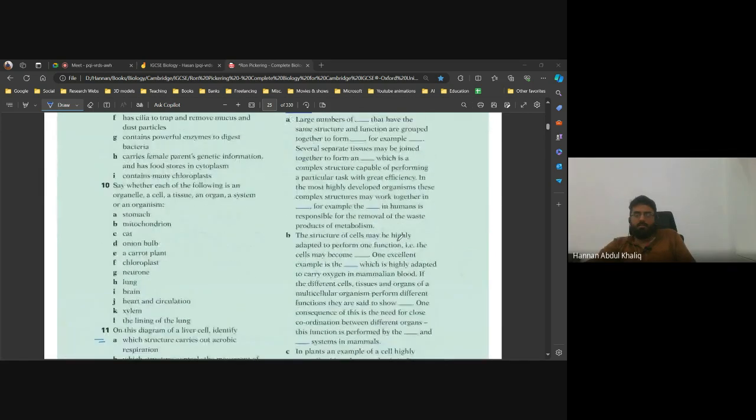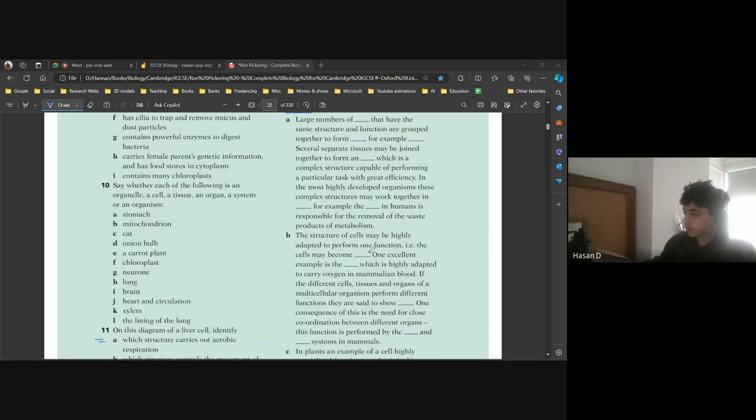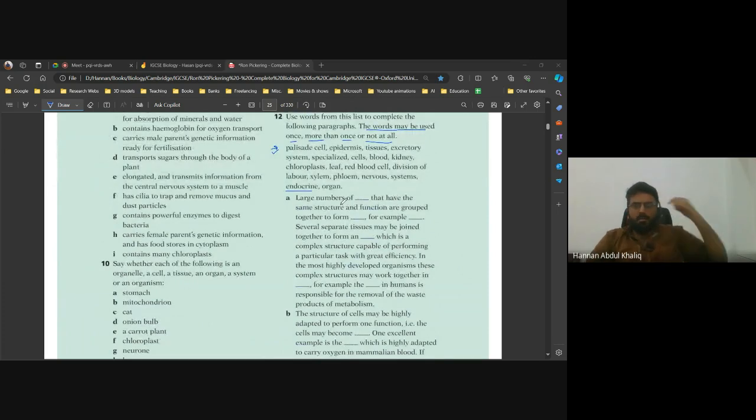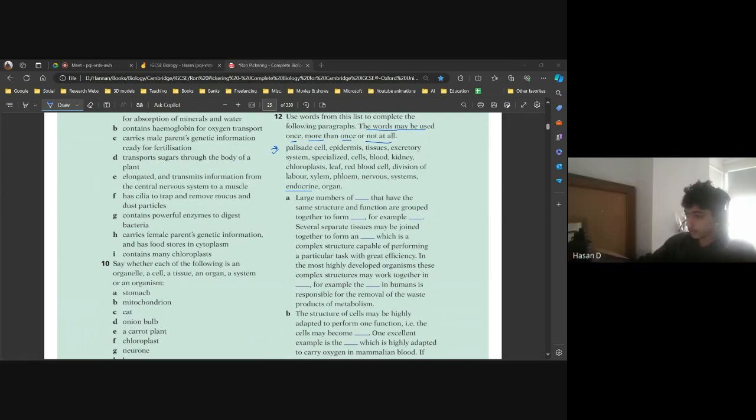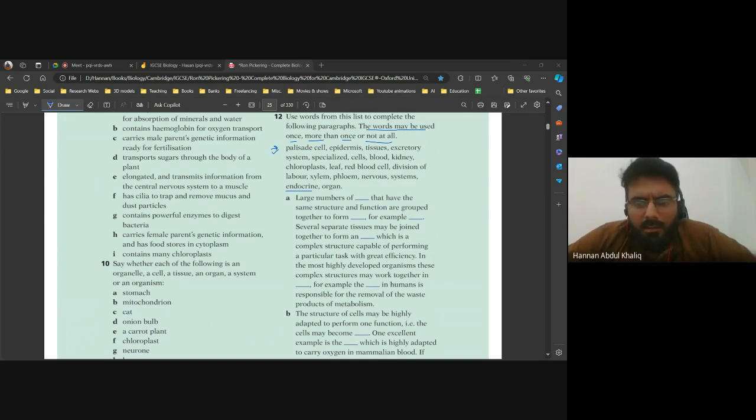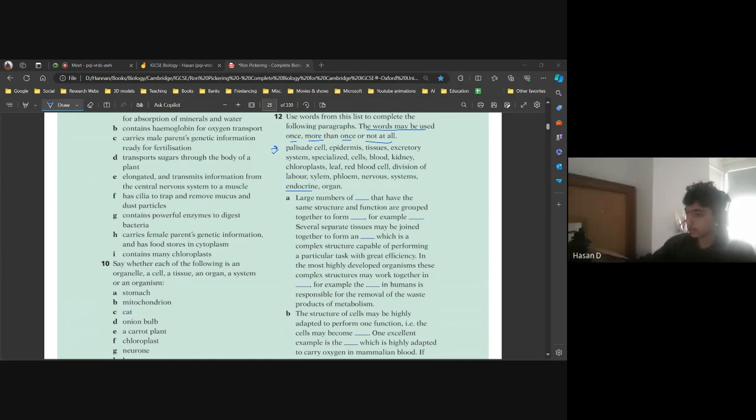Okay, so let's begin with A. Should I read it with the words? Okay, just yes, I guess we would have to read it, otherwise the next options would be difficult. So let's read it all along. Large numbers of cells that have the same structure and function are grouped together to form tissues. For example, I wrote xylem. Is that an example? Fine, yes. Or you can also write the epidermis. That is also fine. Both are right. Several separate tissues may be joined together to form an organ, which is a